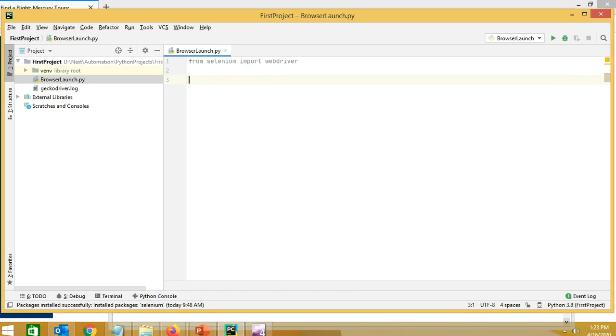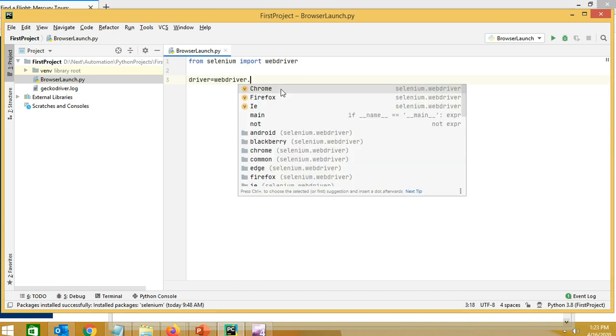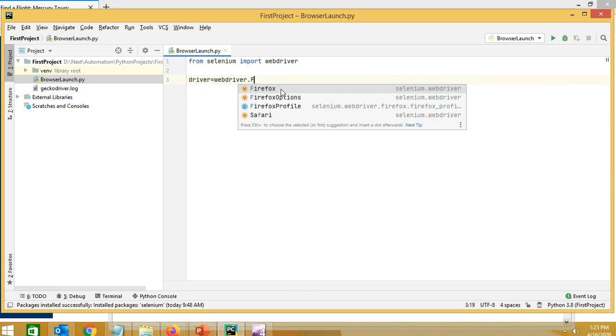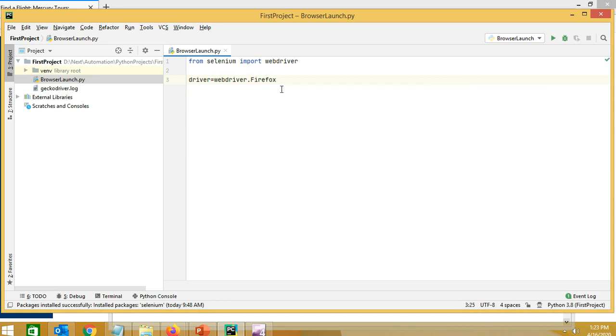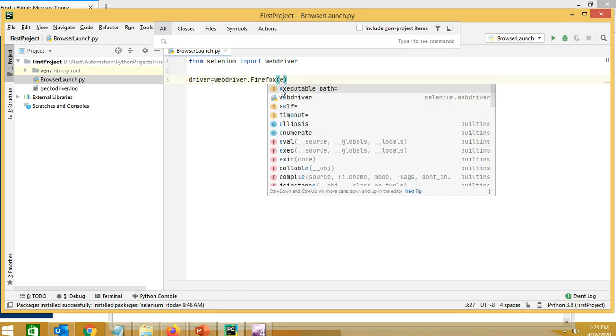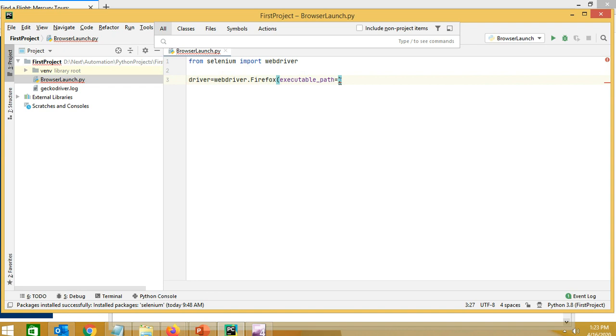Now I'll create the driver object. driver is equal to webdriver.Firefox. We can use any browser. I am taking Firefox, and need to define the executable path. And here we need to specify the path of the executable file.